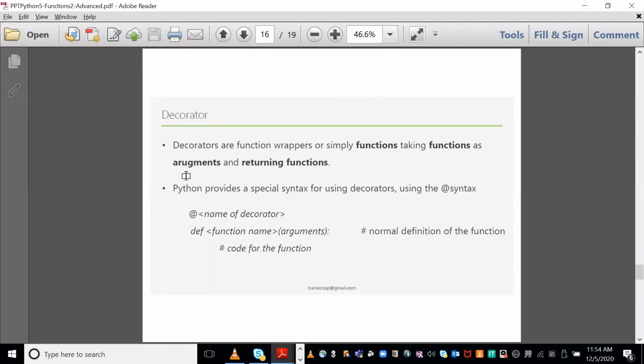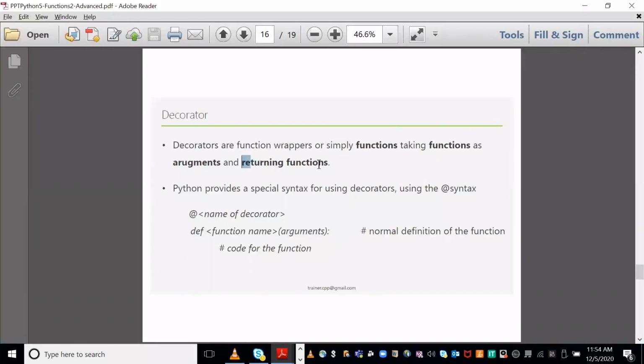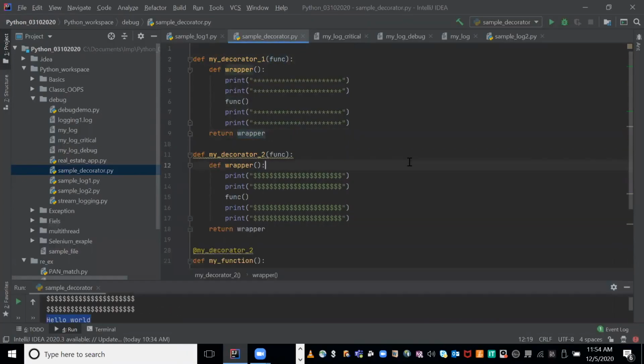So what it does: it takes one function as an argument, and it also returns a function. This is the function it will return. That is called a decorator. Now what you have done,